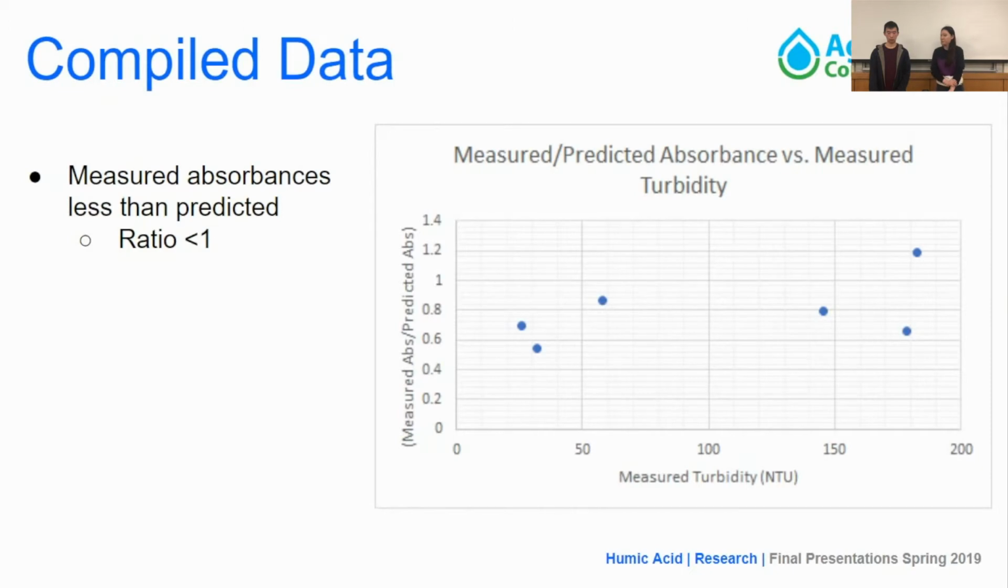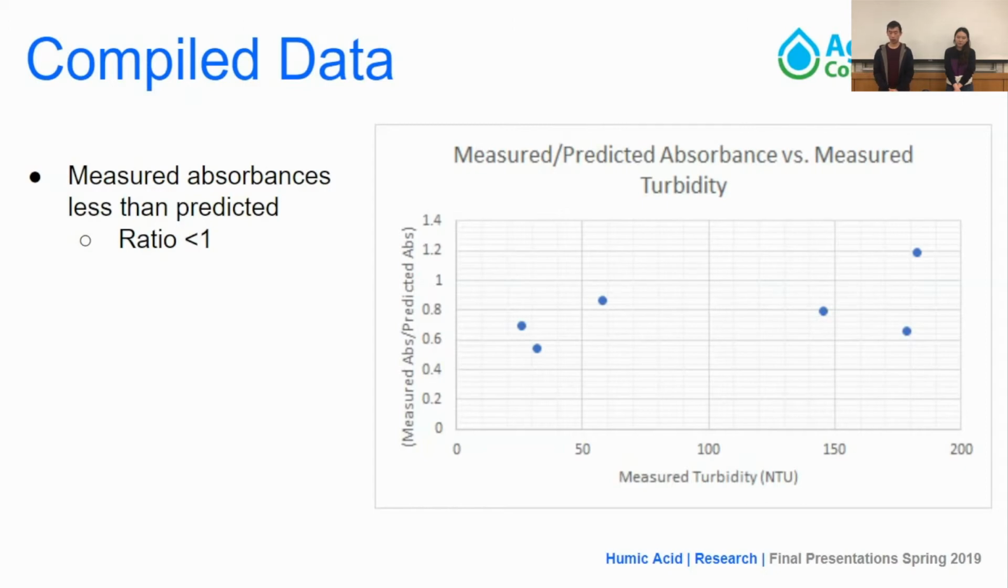And so after doing all this experimentation and data collection, we decided that it would be best to compile this data into one graph. And so we made a plot of the ratio between measured and predicted absorbance versus the measured turbidity. In doing so, we hope to see how the actual observed absorbance compared with the predicted absorbance of just adding the absorbance of humic acid with the absorbance of the amount of clay that was in the